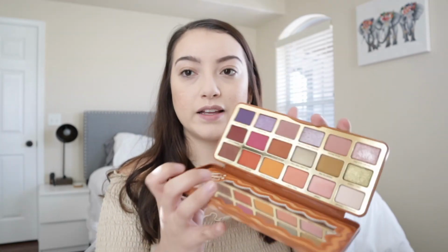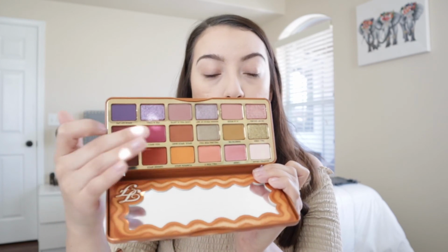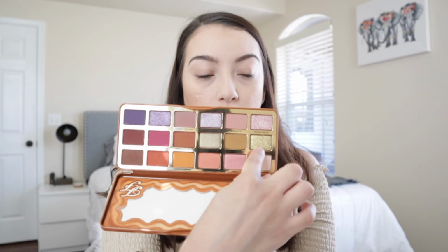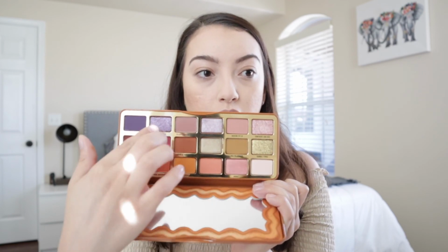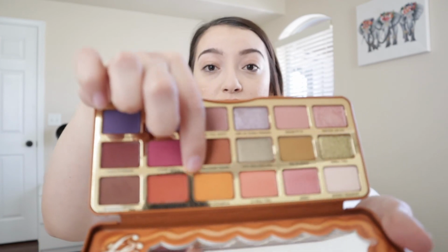Here is the palette. It has our violets up here. It has, you know, neutral warm colors on here. I'm looking at it in the mirror, sorry. And, you know, this is where I'm talking about those shimmer colors. So it's crazy how this palette has purples in it. When you tell me pumpkin spice, I'm thinking maroon, but maroon is more of like a red color. Also, like our brown shades, this pumpkin spice color I am definitely going in with first